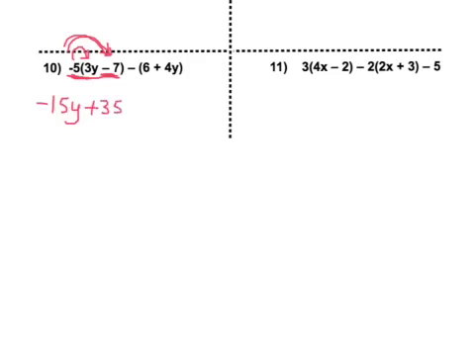Now we're going to go to the next one. You have a minus sign in front of the 6 and the 4y. So that means you're distributing a negative 1. I can't really write that in there. Let's try that again. Oh, well, there's a negative 1 right there. So minus 1 is going to be multiplied by the 6 and by the 4y. So negative 1 times 6 makes what? Makes negative 6, and negative 1